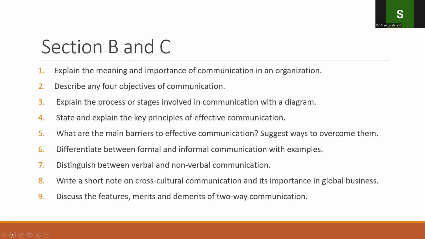Here you can focus and highlight the 7 C's of communication. What are the barriers of communication? And give suggestions on how to overcome them. Next, you can expect differentiating or distinguishing questions based on: differentiate between formal and informal communication with examples, distinguish